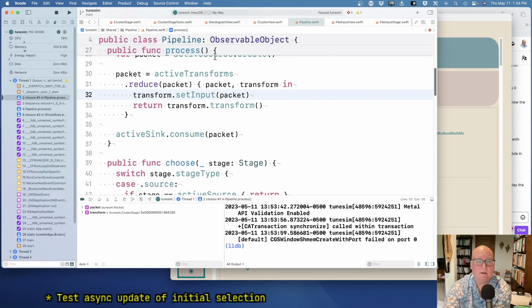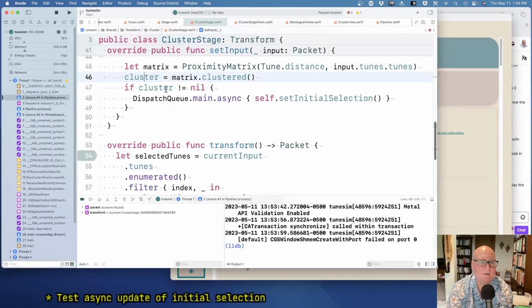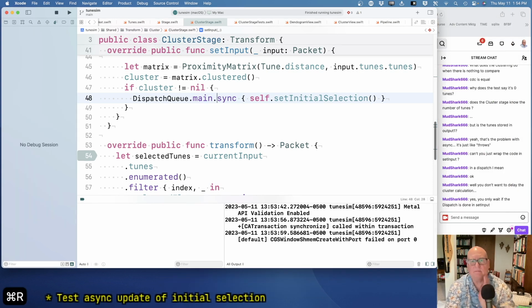But what if this became sync? So now I'm saying do that. I think this will make it hang if I'm